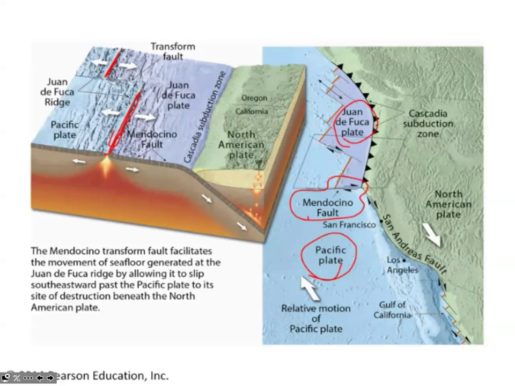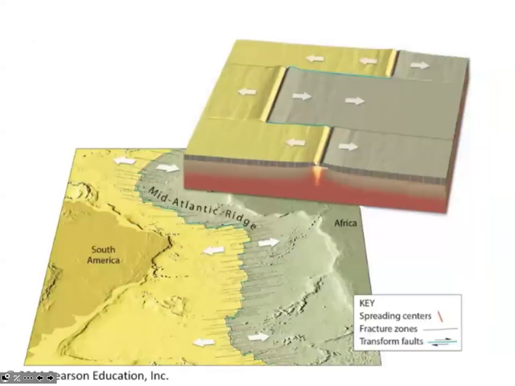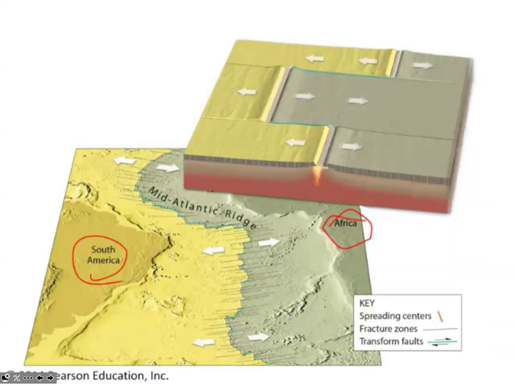And that basically means that the two plates are scraping together there. So that brings us to this image in the book, the one that's designed to illustrate the concept of a transform fault. This is looking at a segment of oceanic ridge which has two plates. In this case, it's the African Plate and the South American Plate moving relative to one another. So basically, over time, the African Plate pulls away from the South American Plate, and as it pulls away, new